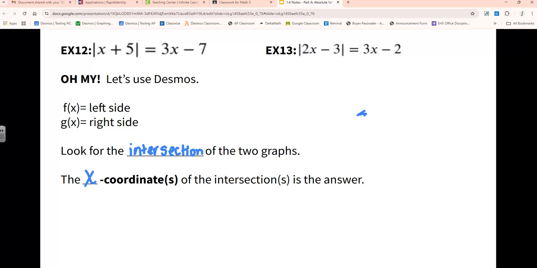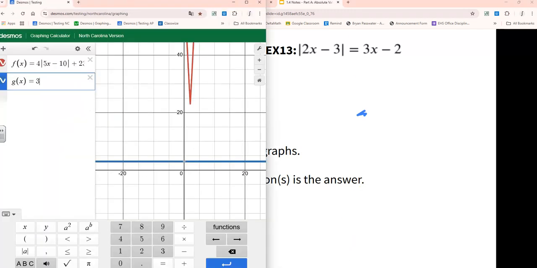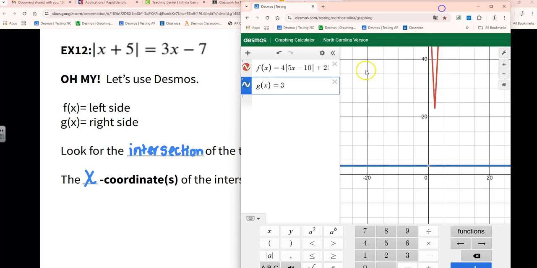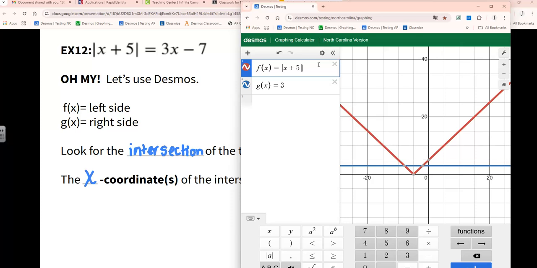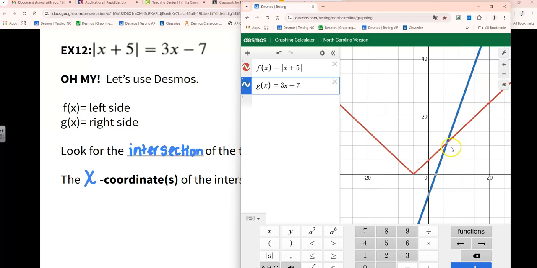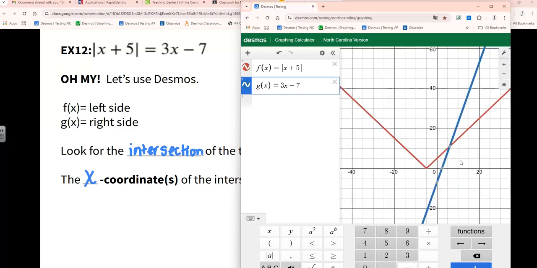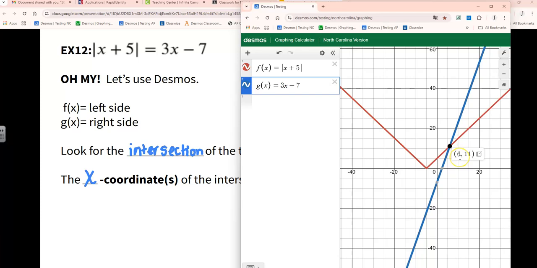Lots of us have got these here. So I'm going to do one of them on Desmos here. This first one, f of x equals x plus 5, and then 3x minus 7. You're looking for where they cross. You do want to make sure they don't cross at more than one point, but most of the time these only are at one. The x-coordinate is 6, so you should get 6